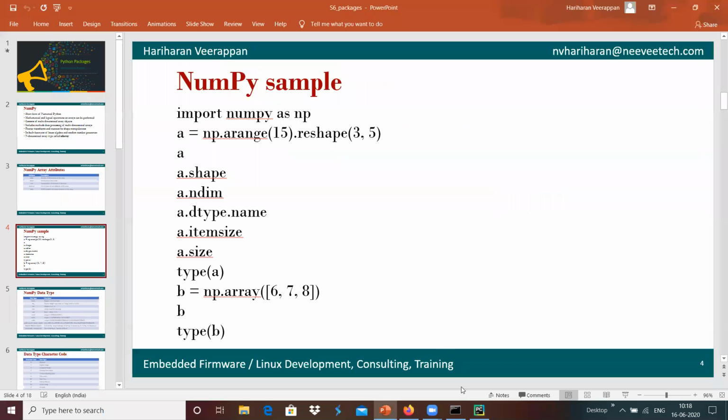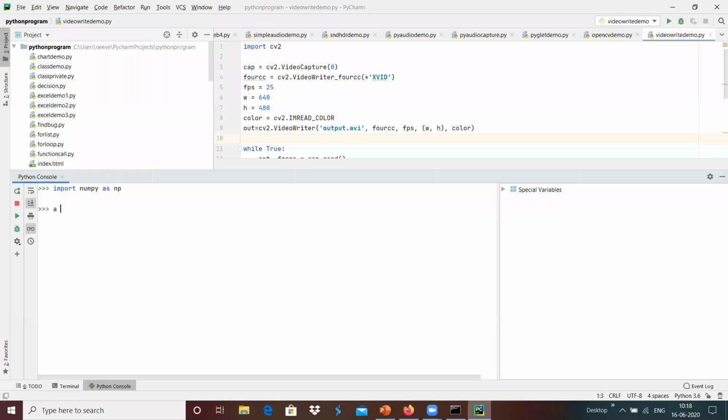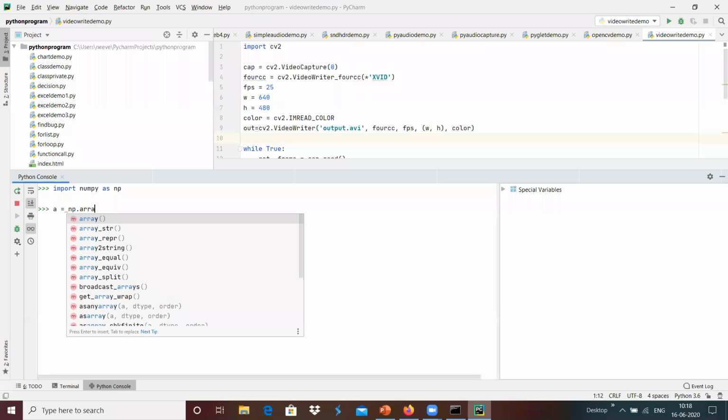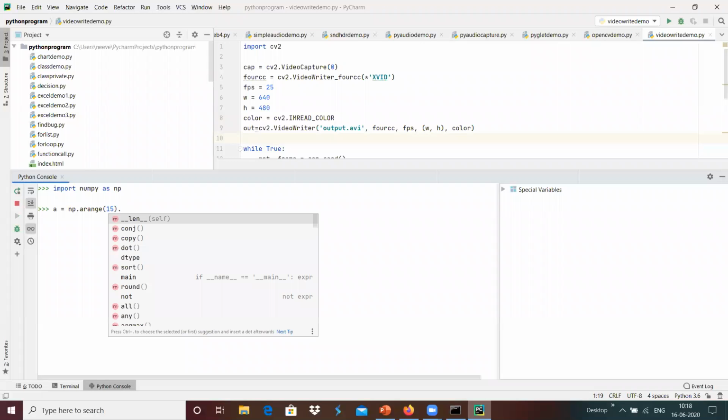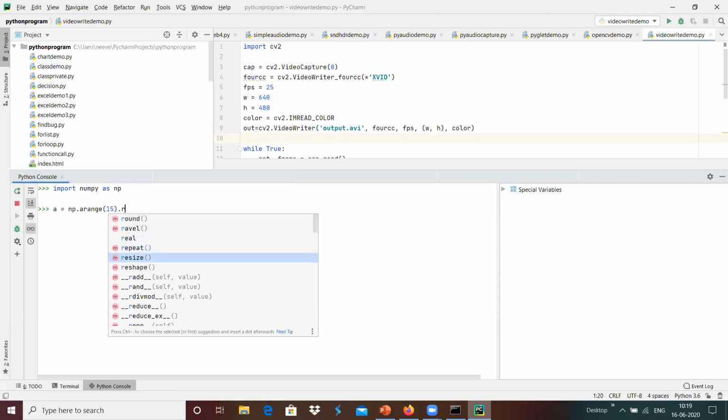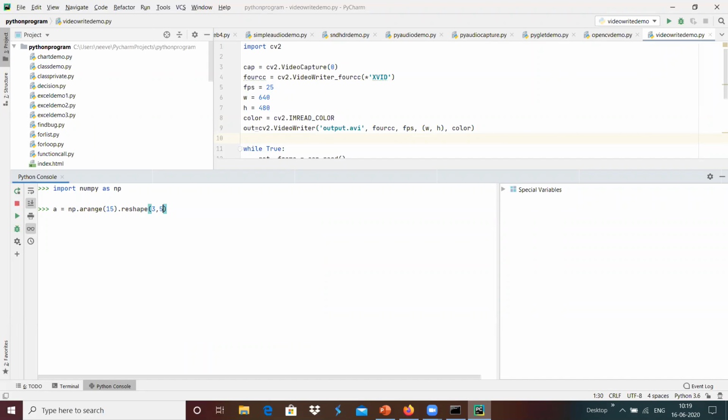We can create an array with a equals np dot arange, and reshape to 3 cross 5 over here.